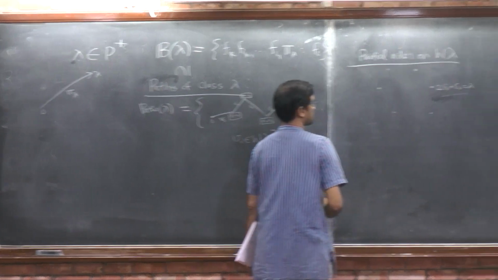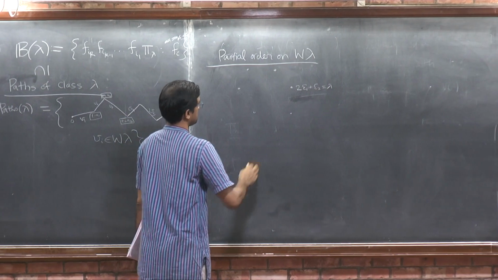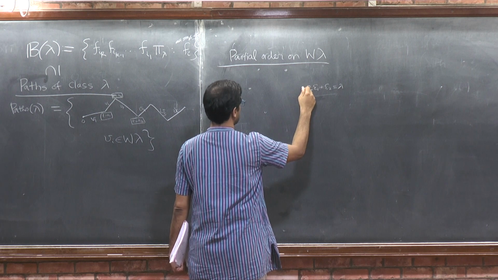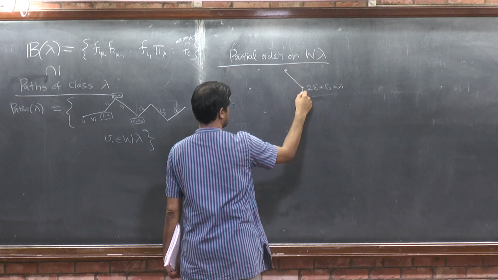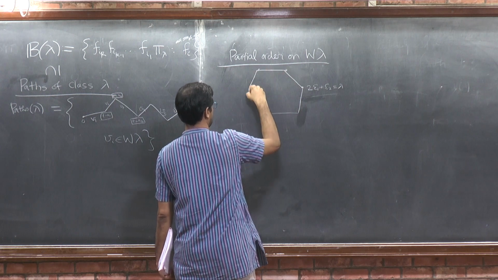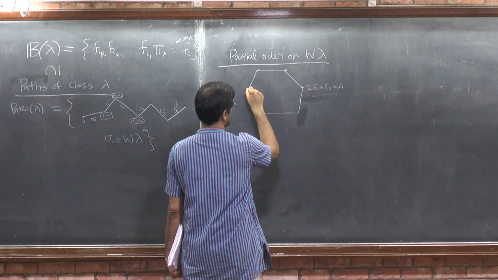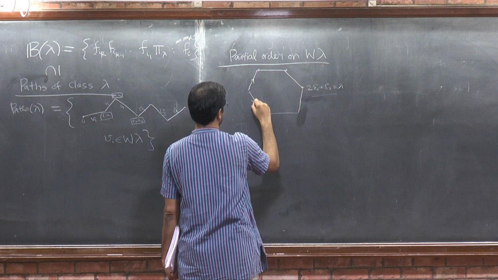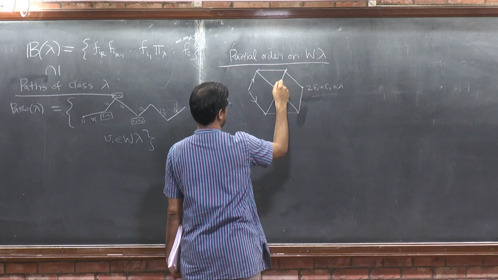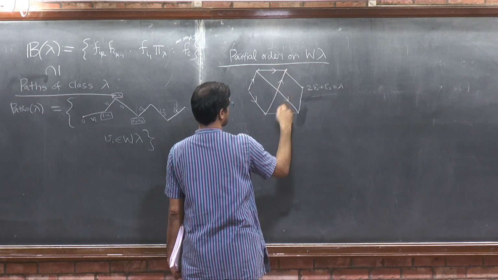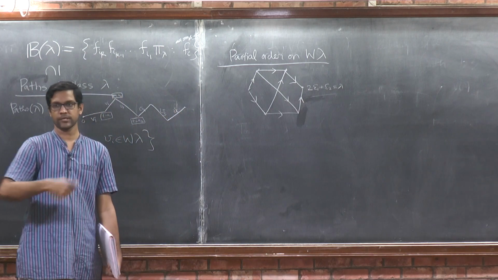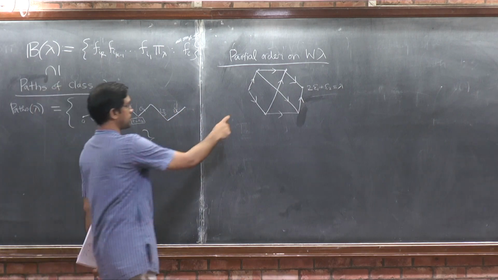You can draw it in many different ways. So let me say this is the hexagon, and then this was the partial order. There were 6 Weyl conjugates, and then this is the largest element,